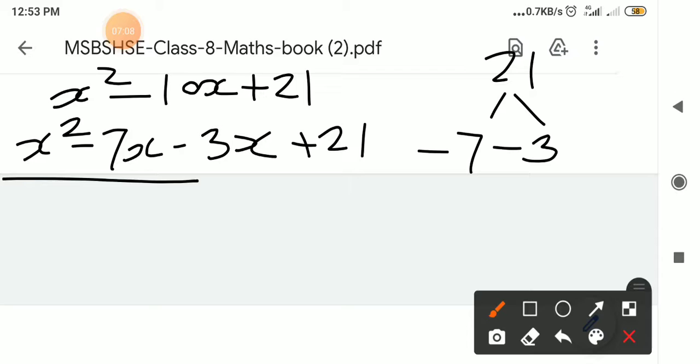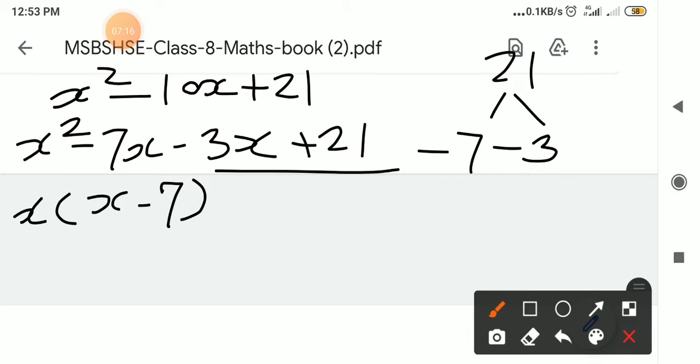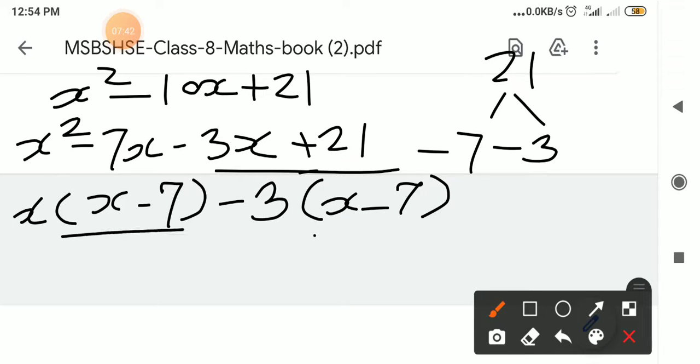What is common inside this? x is common, and what is remain? x minus 7. And in these two inside, what is common? Signs check, second and fourth term signs are different, so we have to take here negative sign. Minus 3 will come outside, and from this 3 goes outside, so here remains plus x, and from this here minus sign, because of minus sign this sign is changing, and 7 3s are 21, means here what will come? 7. This is the common bracket,